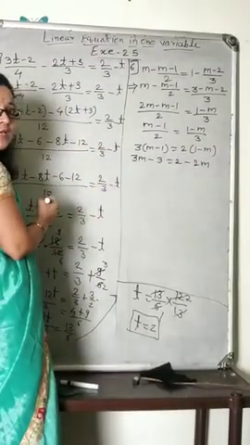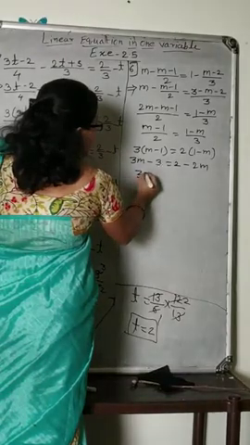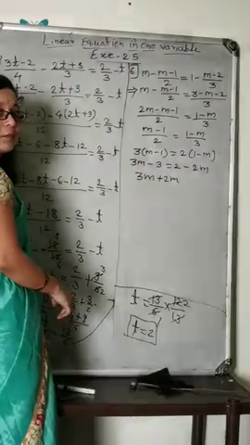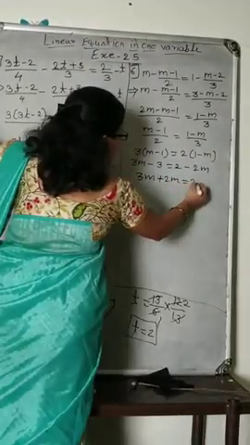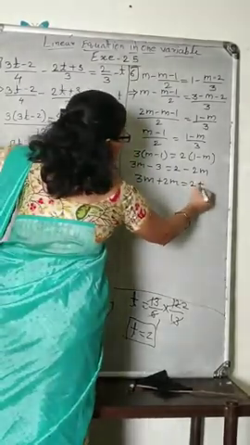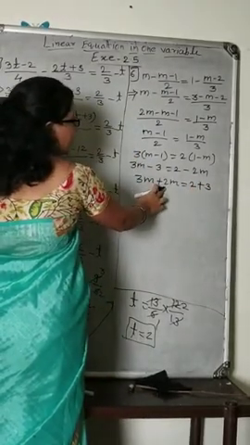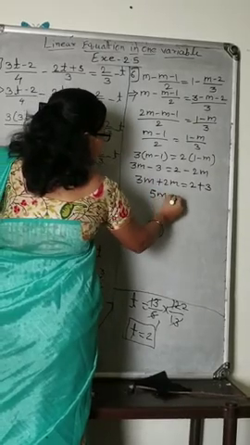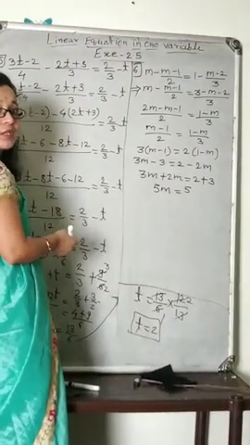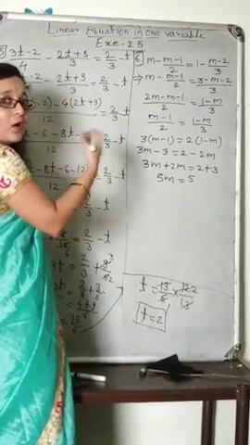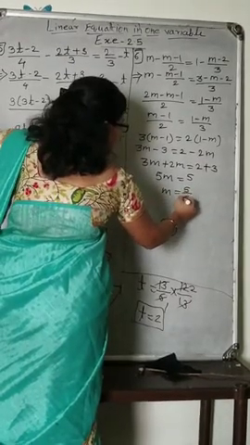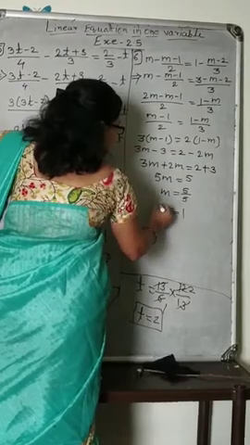Now numbers one side, variables one side. Then 3m plus 2m, because RHS minus 2m will come to LHS, it will come in a plus. Now 2 as it is on RHS and LHS minus 3 will go to RHS as plus 3. Then here will come the 3. Now 3m plus 2m will be 5m and 2 plus 3 means 5. Now this 5m, 5 is in a multiplication form to m. That's why that 5 will go to RHS in a divide. That's why here will come m is equal to 5 by 5. Answer will come m is equal to 1.